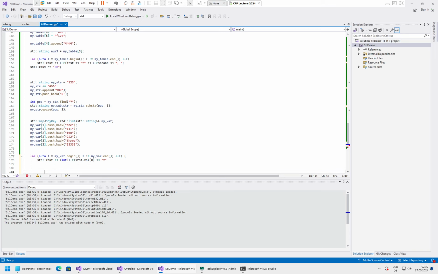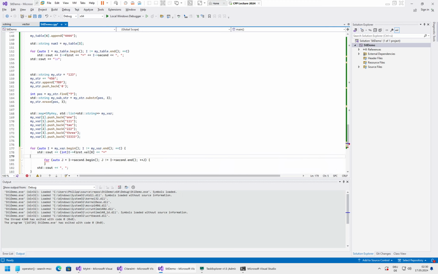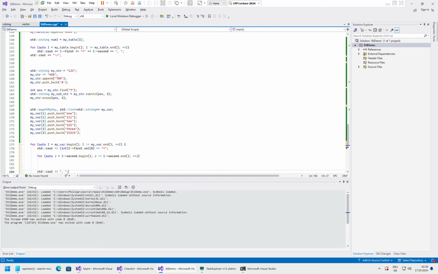So use a different letter, let's say J, from I second. It's complaining about something. J plus J. It's complaining because we are missing the semicolon here. Okay, so we have J. Actually, we don't need the brackets. These ones, and now we just